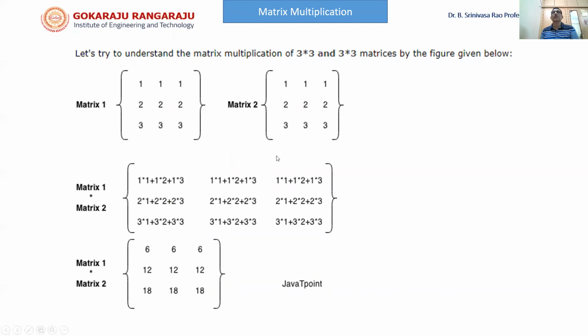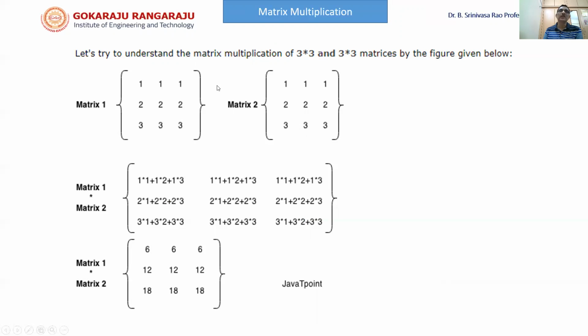Here, before going to the matrix multiplication, we should understand briefly how the matrix multiplication takes place. Let us assume that this is matrix 1 and this is matrix 2. Now, if we multiply matrix 1 and matrix 2, we multiply row and column wise. That means we take the first row and we take the first column. And 1 is multiplied with 1, this one. And 1 is multiplied with 2, this one. And 1 is multiplied with 3, this one. So by summing up all these, we get the first element of the multiplied matrix. Similarly, this will be repeated for all the elements and the final result will be like this.